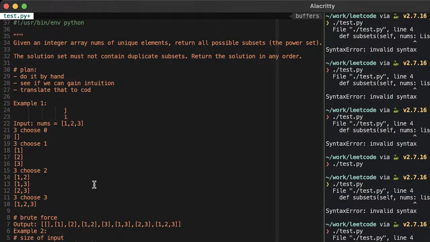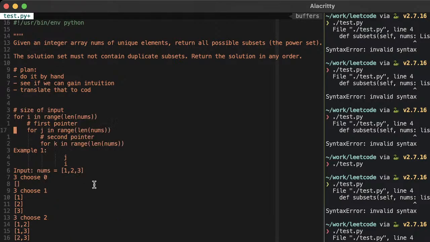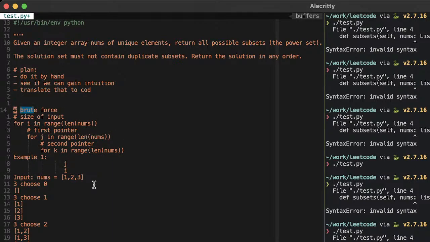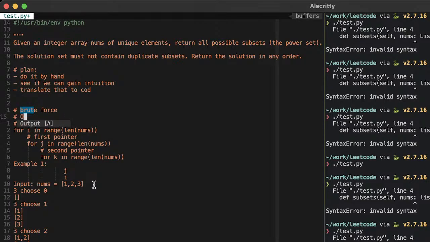Okay, so we're not sure of the specifics. Like, we have to handle like stop, start, and all that stuff. But we can talk about like the time and space complexity of this thing. And let me bring this up here. This is kind of getting confusing. Okay. Brute force. Okay. So this is O of n cubed time and O of 1 space.